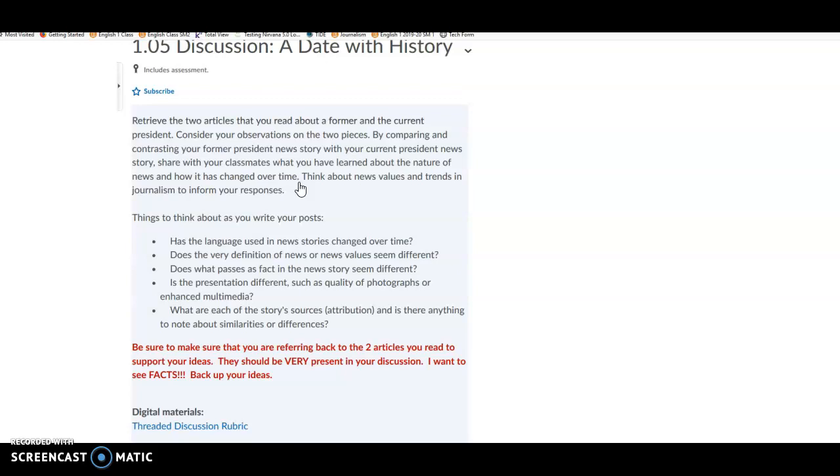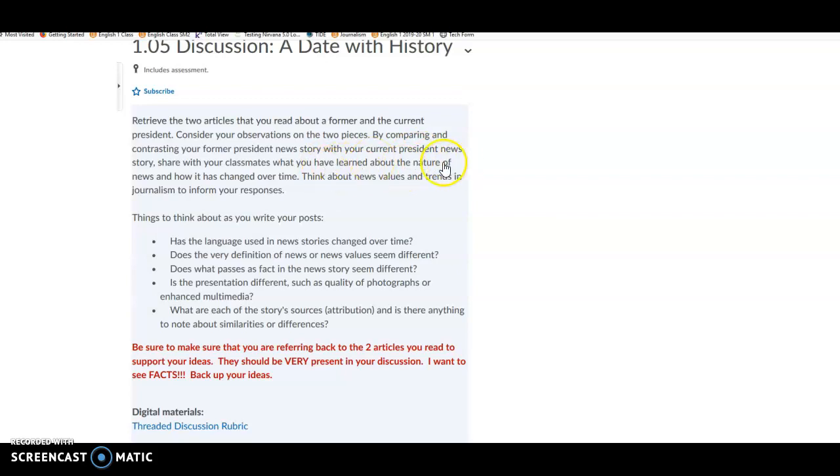So what that means is I don't necessarily need a summary of the news articles. What I want you to do is pull and compare similarities and differences of how these news articles were produced and the type of things they have in them to make them similar and different in a news format, not necessarily a content format, if that makes sense. So some of the things that you're going to be looking at,